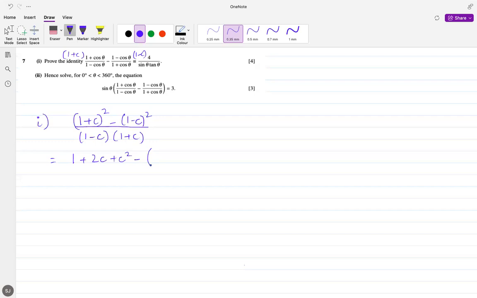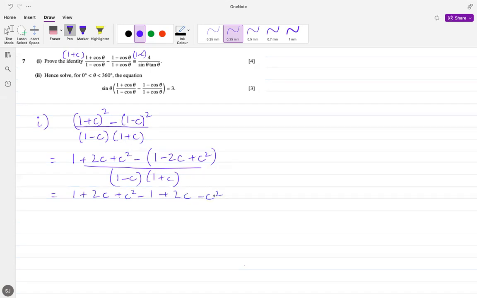Now it is important to keep the brackets as the signs will change, as this negative sign is with the complete bracket. So this will become 1 minus 2 cos plus cos squared, and the denominator will remain 1 minus cos and 1 plus cos. Simplifying the numerator, we'll get 1 plus 2 cos plus cos squared minus 1 plus 2 cos minus cos squared. So the cos squared term will cancel, 1 minus 1 will cancel, and we'll get 4 cos upon 1 minus